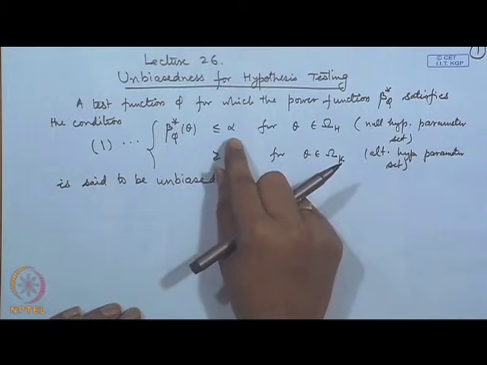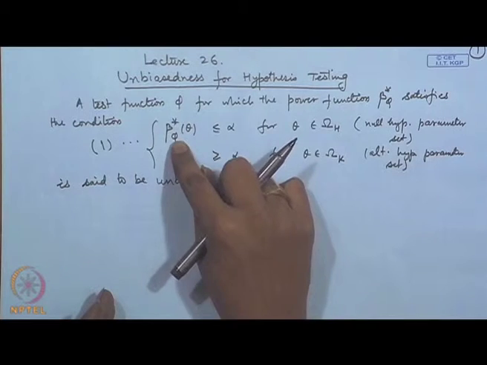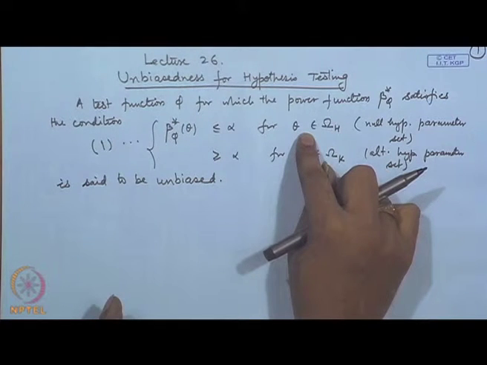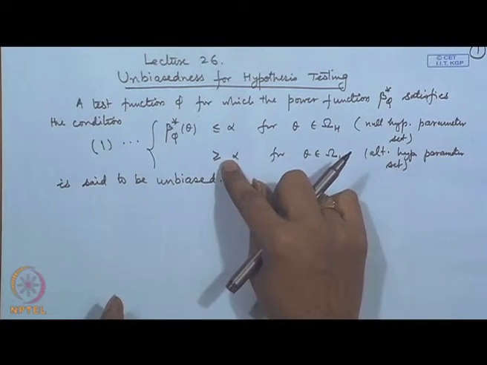Now, let us see what is this. For example, we have considered theorem 2 when the families with the monotone likelihood ratio were there, and for the testing problem for theta less than or equal to theta naught against theta greater than theta naught. So, what we showed there is that beta phi theta is actually an increasing function. So, at theta equal to theta naught, the probability of type 1 error is the maximum, and therefore, beta phi star theta was less than or equal to alpha for theta belonging to omega h, that is theta less than or equal to theta naught, and thereafter it was greater than or equal to alpha. So, it was an example of an unbiased test.